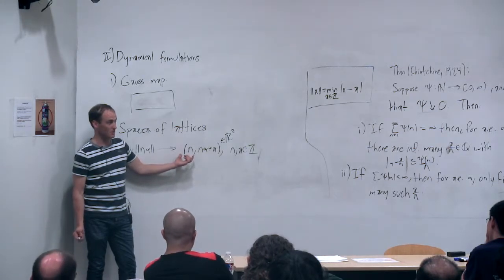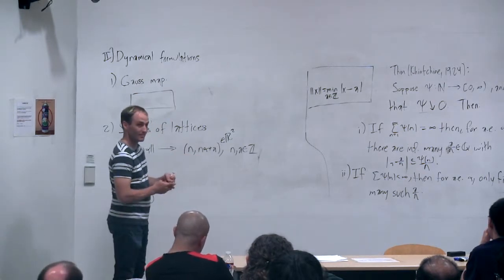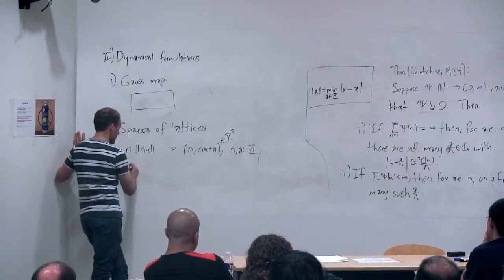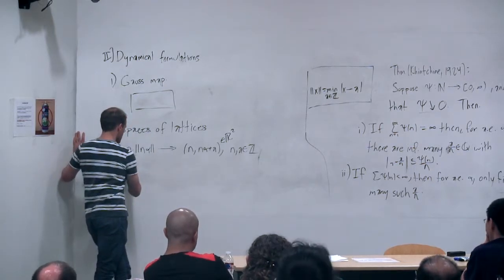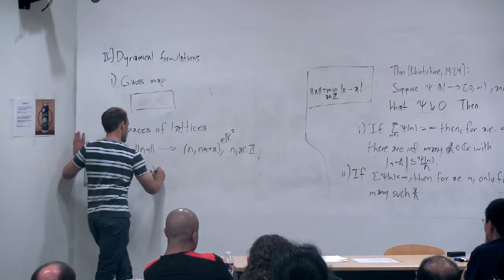How is it sitting inside of R2? It might help you to think about it this way. If I take the set of all points of the form (n, n alpha plus a), where n and a are integers,